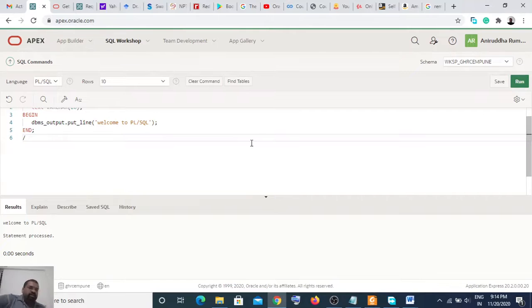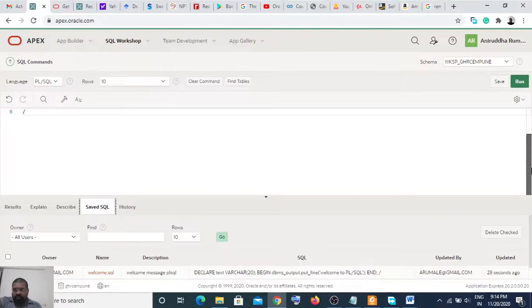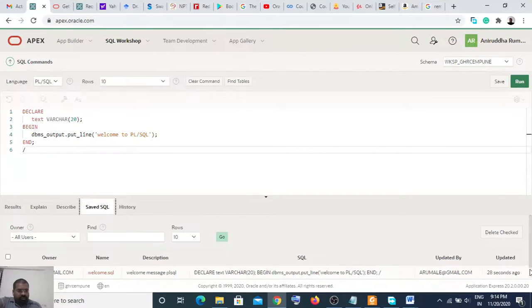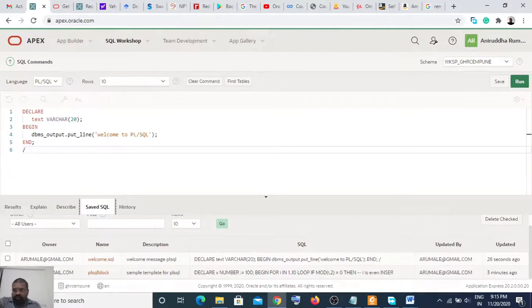Now why did the last code get an error? Because we are not having the particular things, because I said we are having this saved SQL. So here you are having all the programs. We are having this SQL program here, saved SQL, and then you are having this PL/SQL.